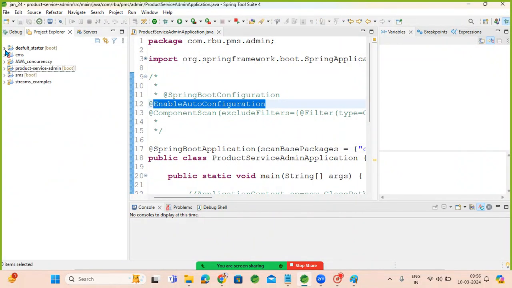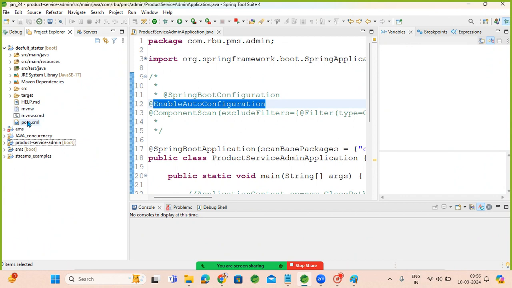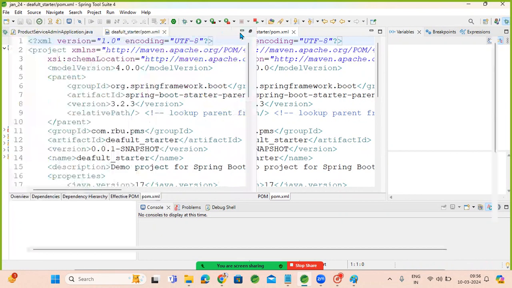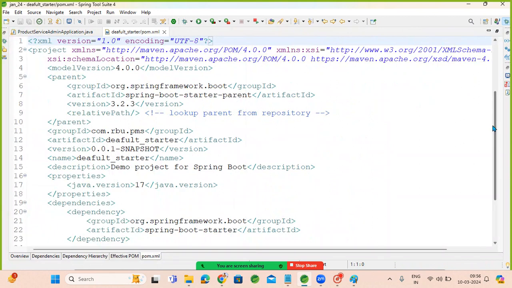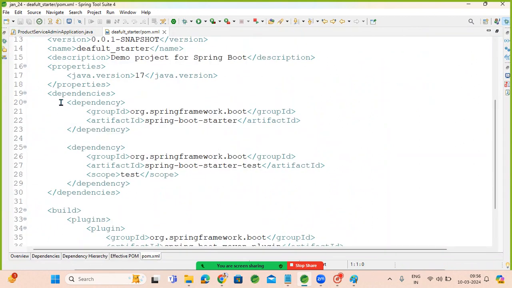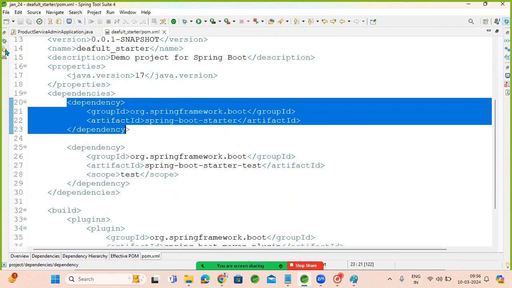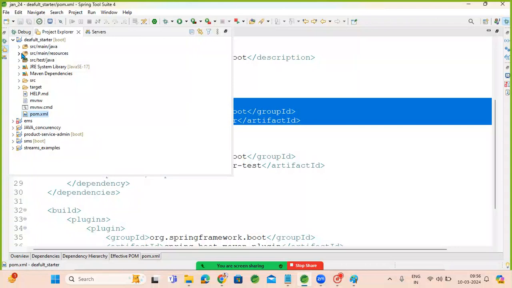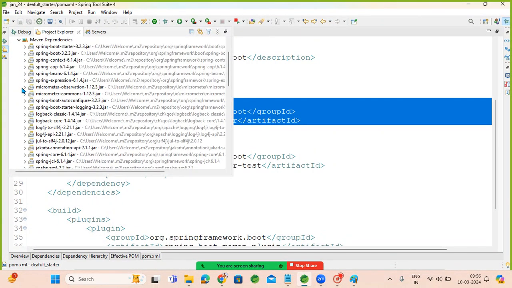Just when you add a dependency to your application, right? Especially Spring Boot starters. For default starter, we have the simple Spring Boot starter dependency here. When you add the Spring Boot starter dependency itself, it is providing one Spring Boot autoconfigure